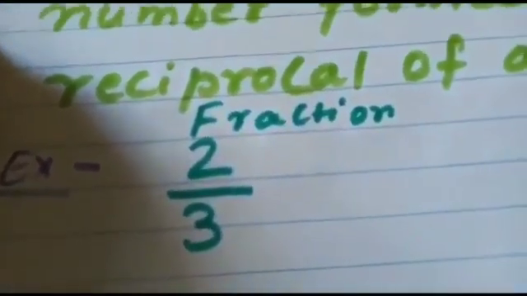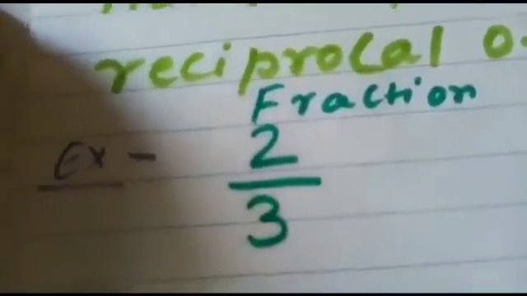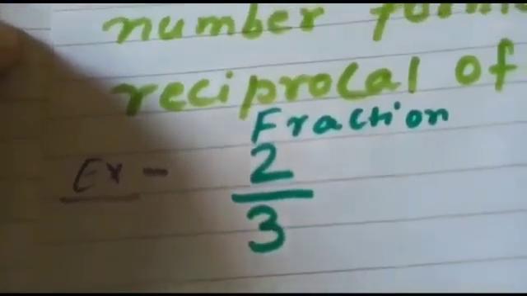Now reciprocal is also called the multiplicative inverse of a fraction. Now see another example, 2 by 5. Can you tell me what will be the reciprocal of 2 by 5? Yes, you're right. That will be 5 by 2. Now see this improper fraction 3 by 2. So its reciprocal will be,